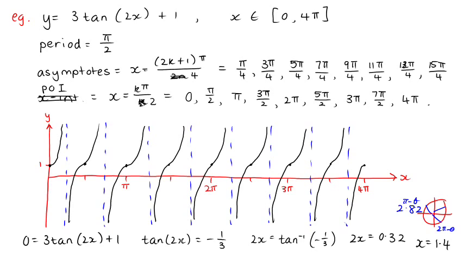Right, so this is 1.4. Can we just add? Yeah, so now we just add the period each time, pi on 2 to each one, because they're exactly pi on 2 apart. So we do 1.40992105